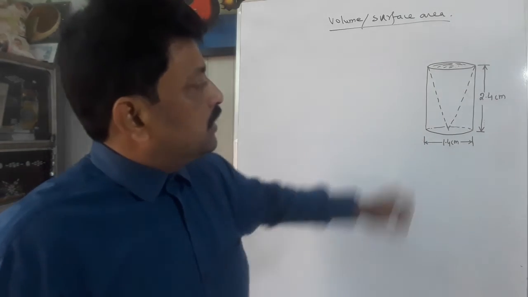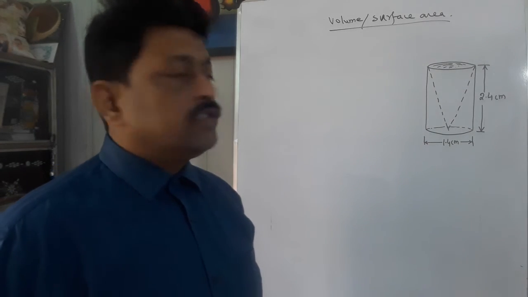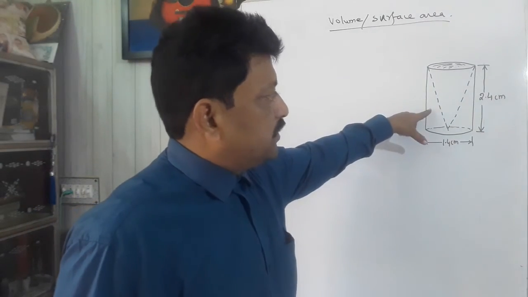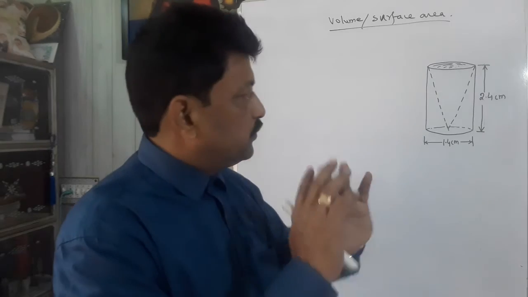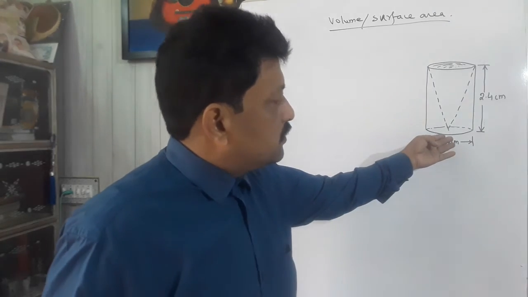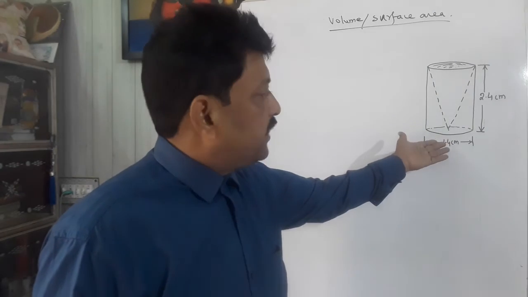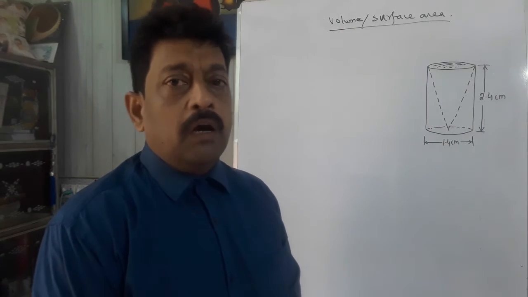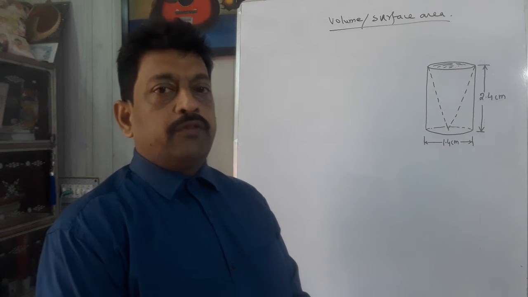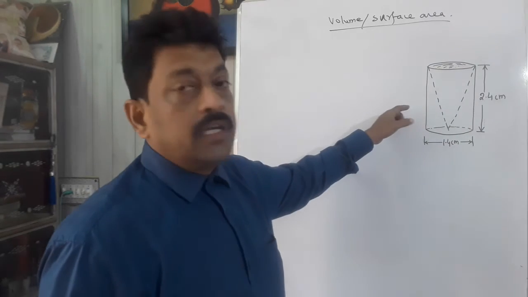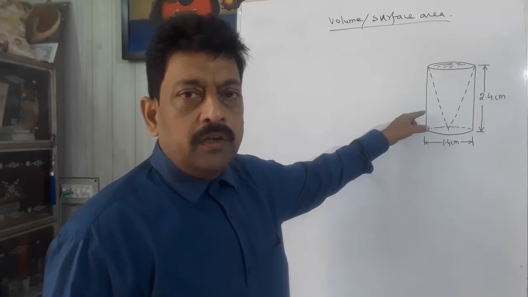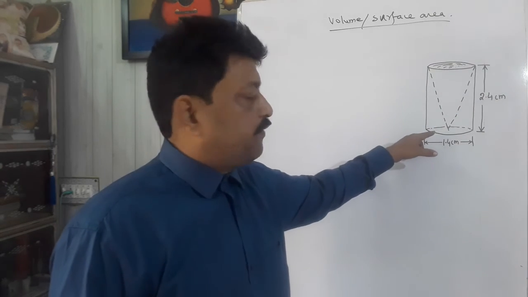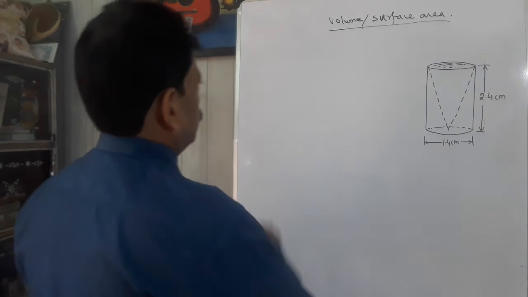Now see the figure, for the total surface area, there are three surfaces. The curved surface area of the cylinder, which we can see from outside. The circular base, that is also a flat circle, and the inside part is a hollow cone. So we have to find the total surface area, meaning the curved surface area of the cylinder, the curved surface area of the cone, plus the surface area of the flat circular base.